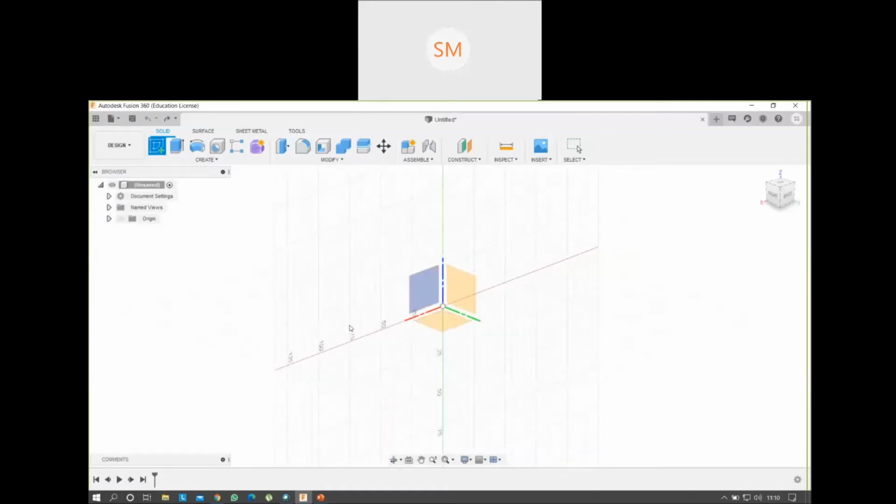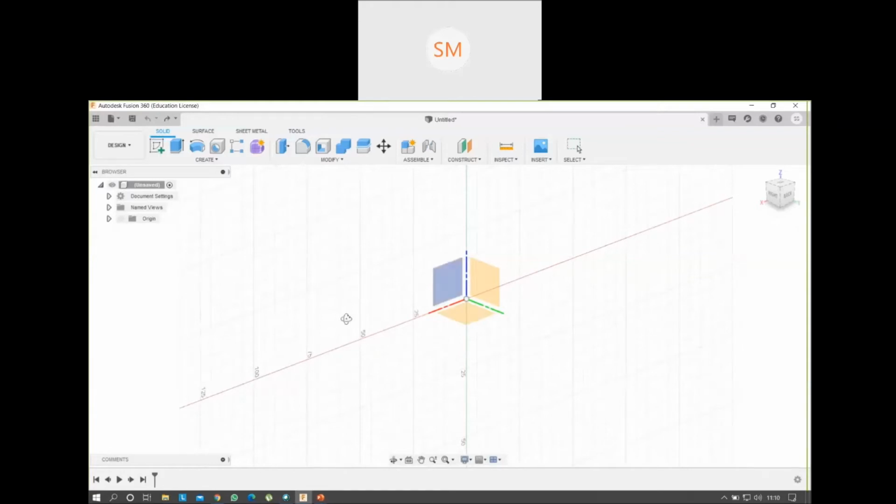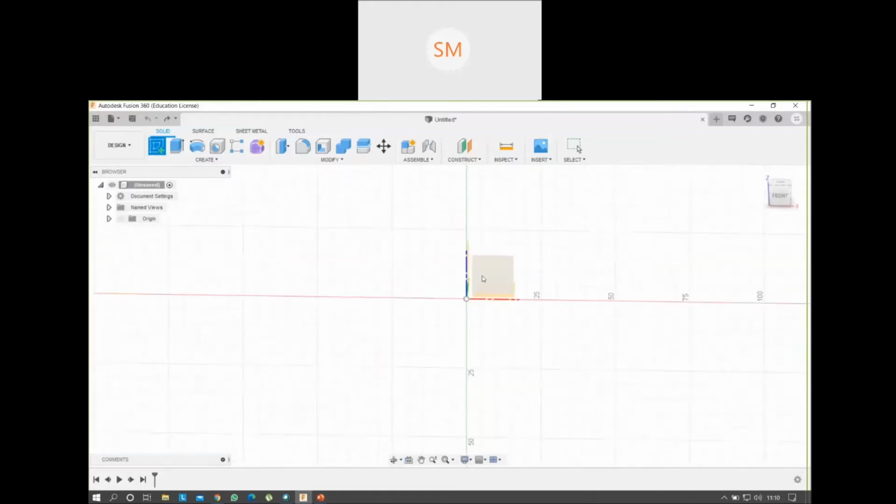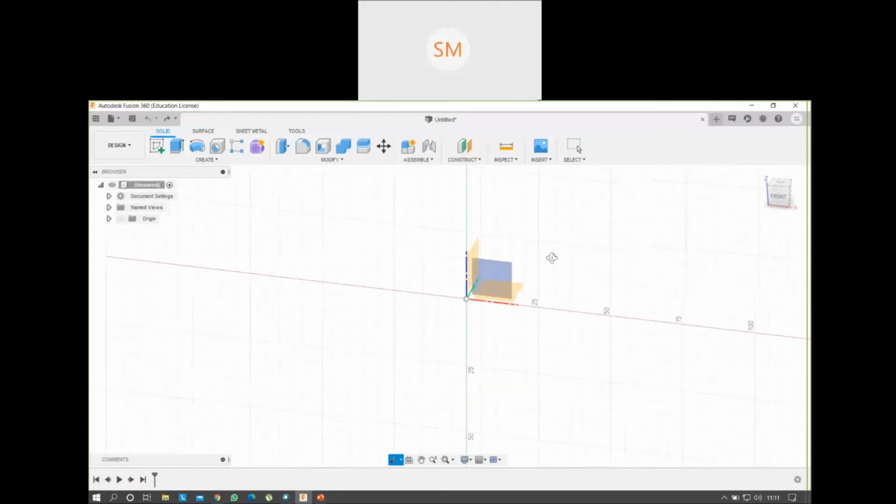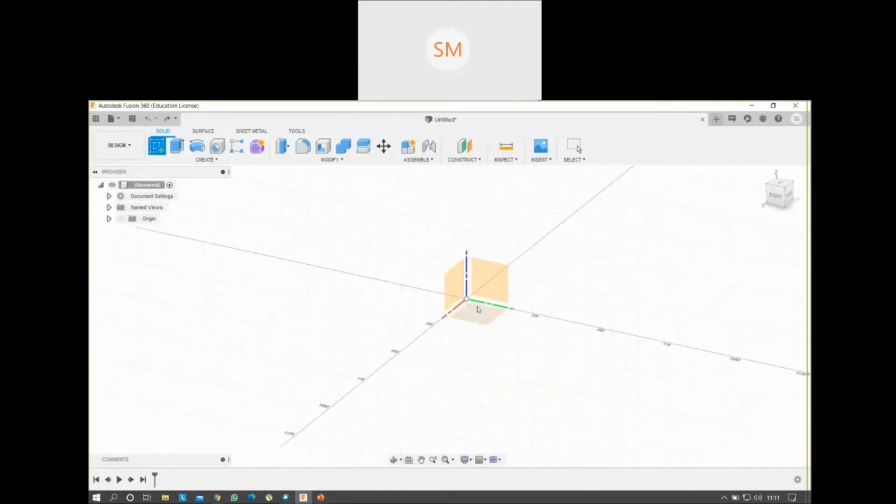You can click on any particular plane and start to draw, but you have to get a good idea of how your component should look in the isometric view. So you can draw on this plane by clicking on this side, or you can click on this side and start to draw. My personal favorite is the X and Y axis. As you can see,